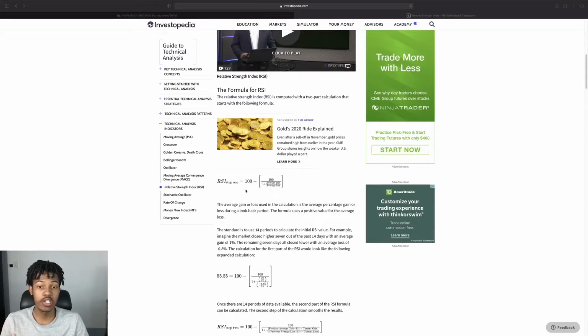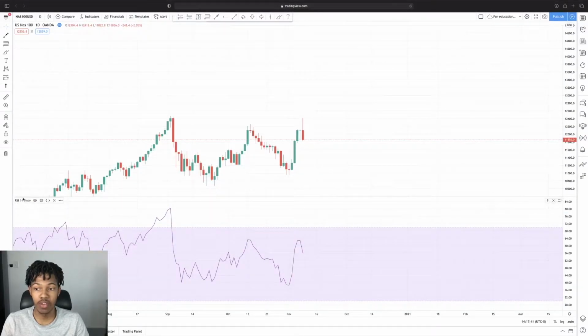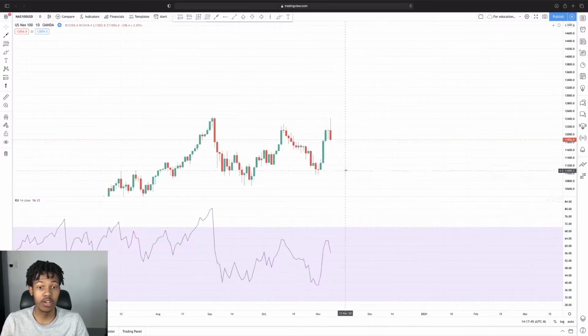Going back to the equation in step one, you can see that the RSI is calculated using an average gain or average loss of a certain period. And as it says down here, we're using 14 periods. So when I go back to my chart in the bottom left, you'll see that this is a 14 period RSI indicator, meaning that it'll take the price movement from the last 14 periods or candlesticks, depending on what time